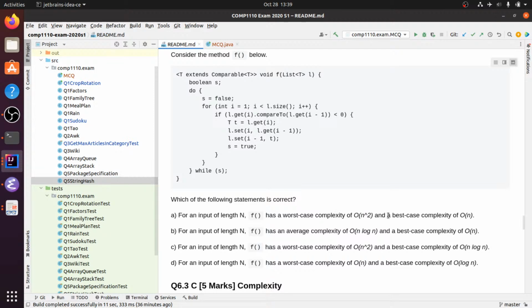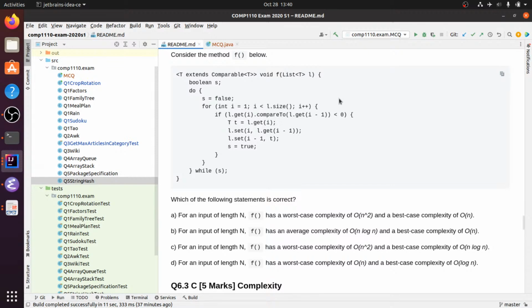So if we want to say, could it have a worst case complexity of n square? Well, then can we construct a worst case where it requires n square operations, right? Or in particular n square comparisons? Is there such a case that we can think of? I think there's a fairly easy one,